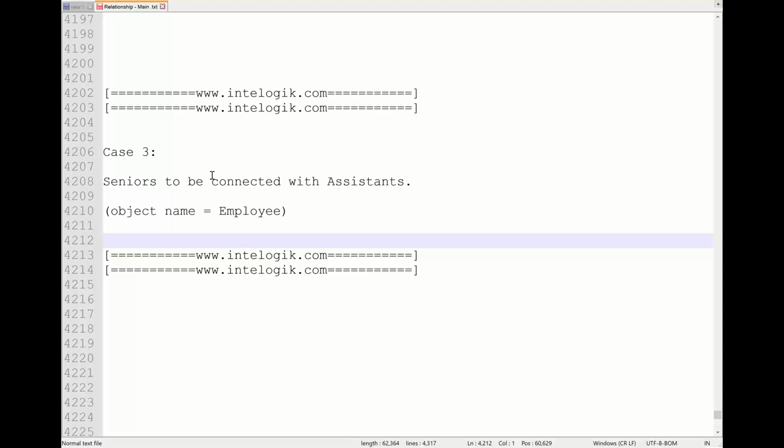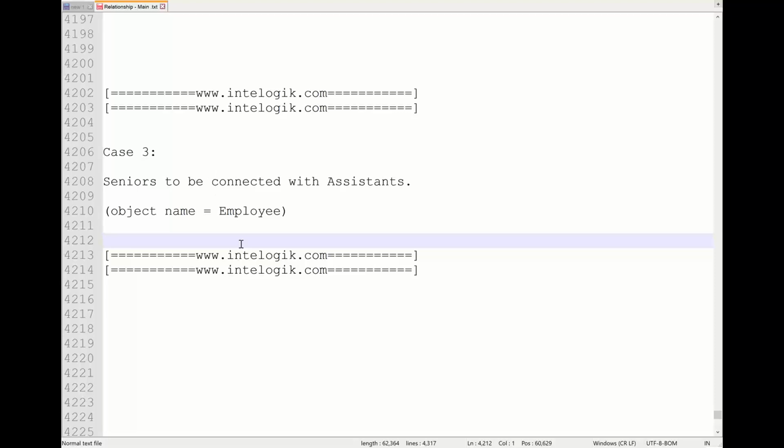Superb. Self relationship. Here we are talking about connecting people who are in terms of some single object format. Senior, assistants, they are all called employees. Staff or employees means single object scenario. Now in the single object scenario, only two things are possible: hierarchy relationship or SR. But here, I'm not using the word user. I'm saying clearly object name is employee. So hierarchy relationship is out of question. Then what is remaining? Self relationship. That's it. Answer is self relationship.